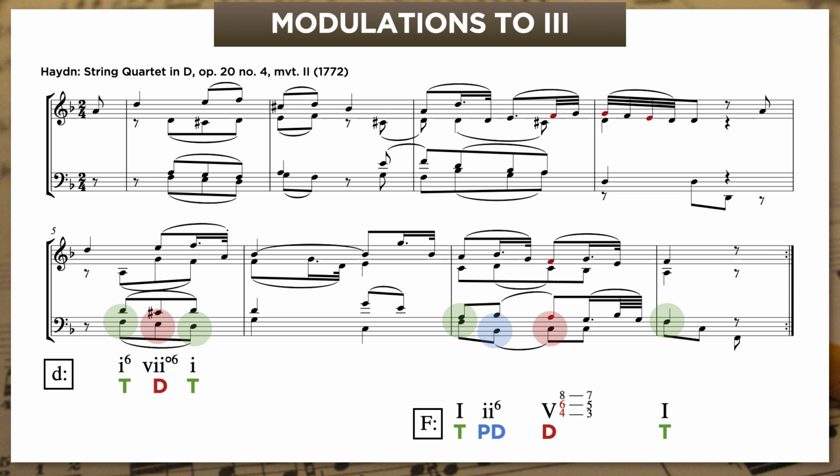But if we want to get fussy about how the modulation actually works, we've got to think through things a little bit. The chord on the downbeat of bar 6 is a G minor 7th, which is 4-7 in D minor. That's not a chord we see very much in the 1770s. It's not unheard of, but it's not a standard predominant at all.